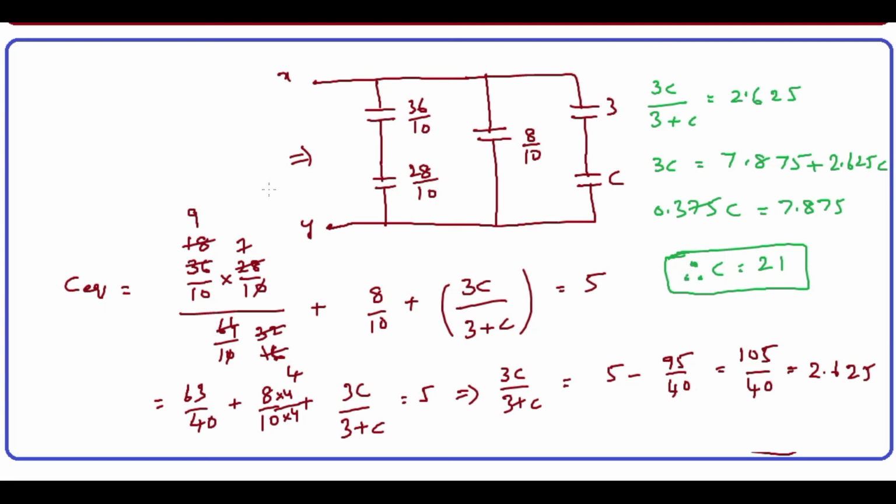So this is the solution of the problem. Please try to keep one thing in your mind: capacitors are just opposite to equivalent resistance or equivalent inductances. Similarly here also star to delta. For resistors and inductors, if you convert from star to delta, those formulas will be applicable for capacitors to convert delta to star and vice versa.